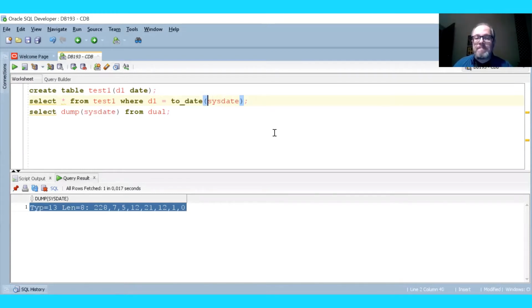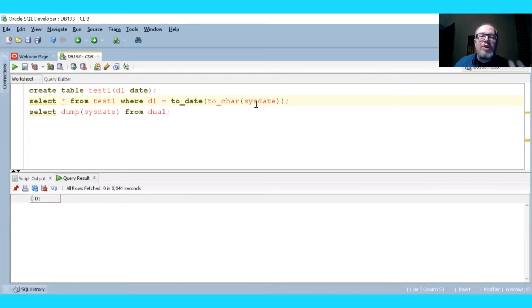If the first argument is not of the character data type, it will try to implicitly convert it to text. It will do exactly this, right? In most cases, there will be no problem. You don't see a problem immediately. What happens is that because you haven't specified a format or any NLS parameters for to_char and to_date functions, the conversion will happen according to the session parameters of the session,